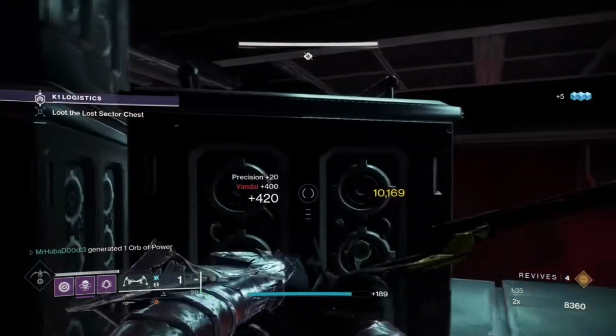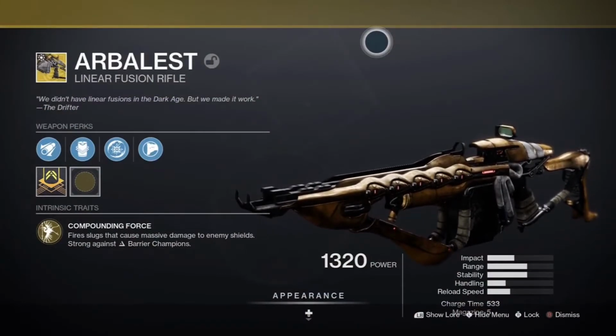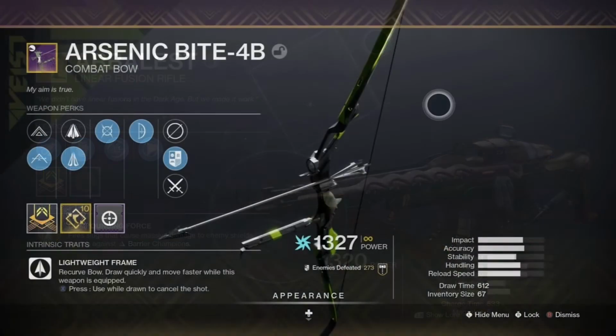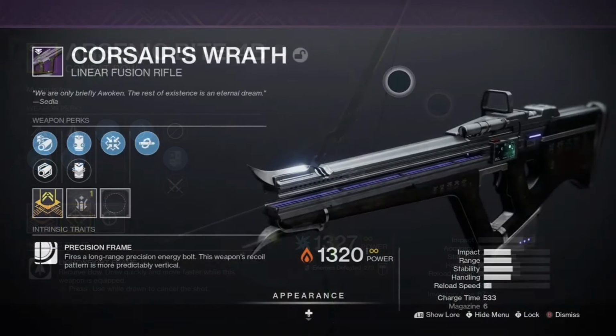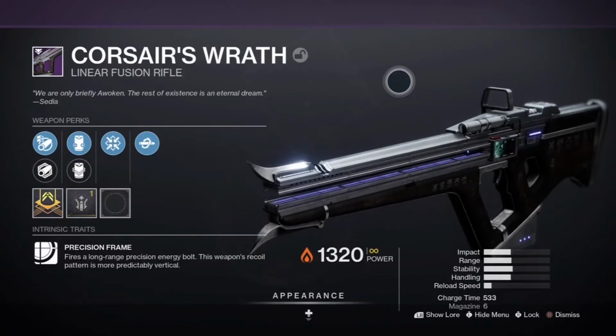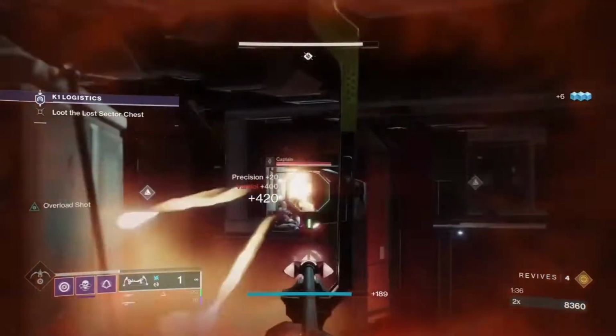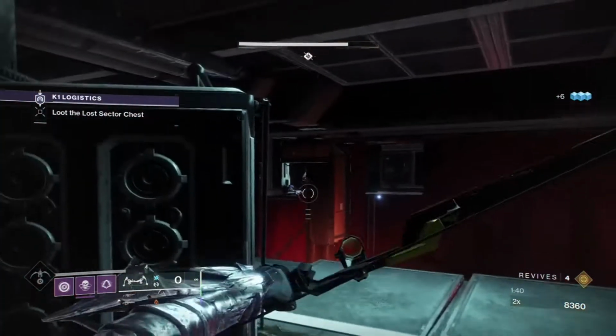As far as weapons go, I use the exotic linear fusion rifle Arbalest with its new and improved anti-barrier mod, the Arc combat bow Arsenic Bite 4B with Overload Bow, and the Corsair's Wrath solar linear fusion rifle paired with Particle Deconstruction. As I mentioned before, in this Lost Sector you will be facing enemies with Arc and solar shields,